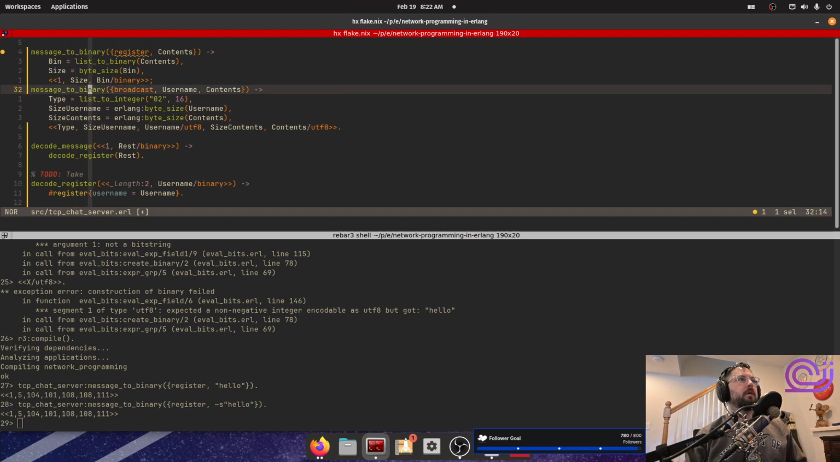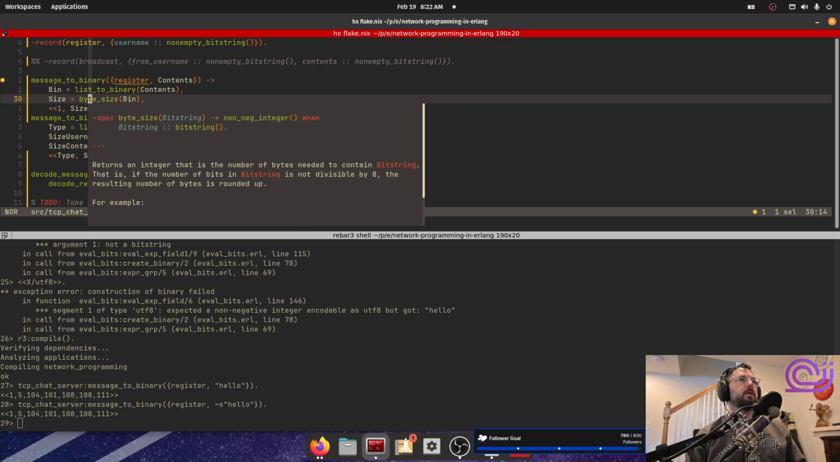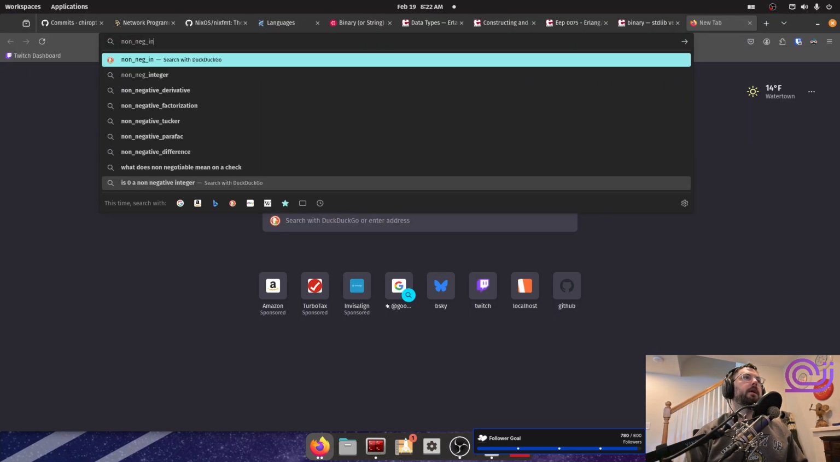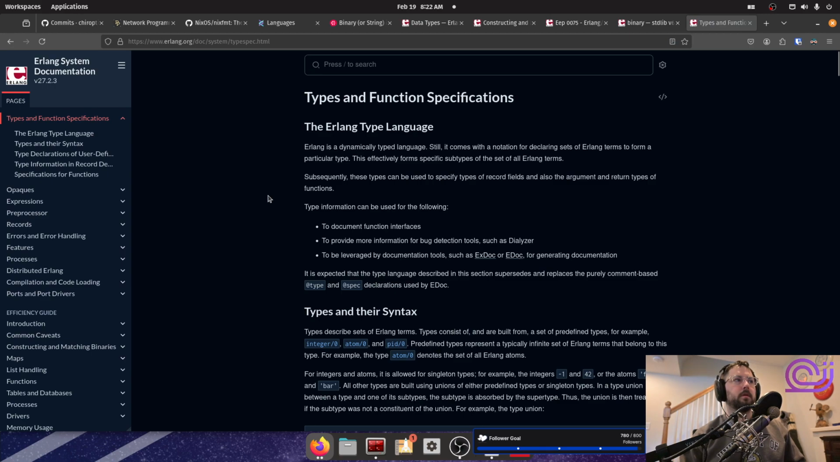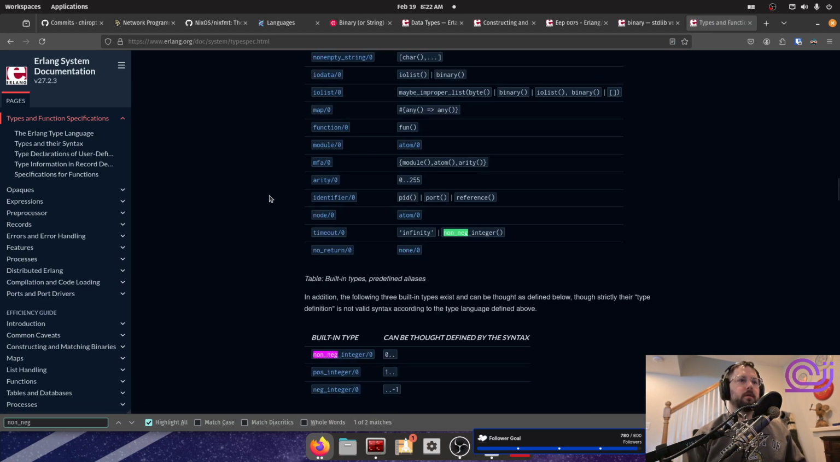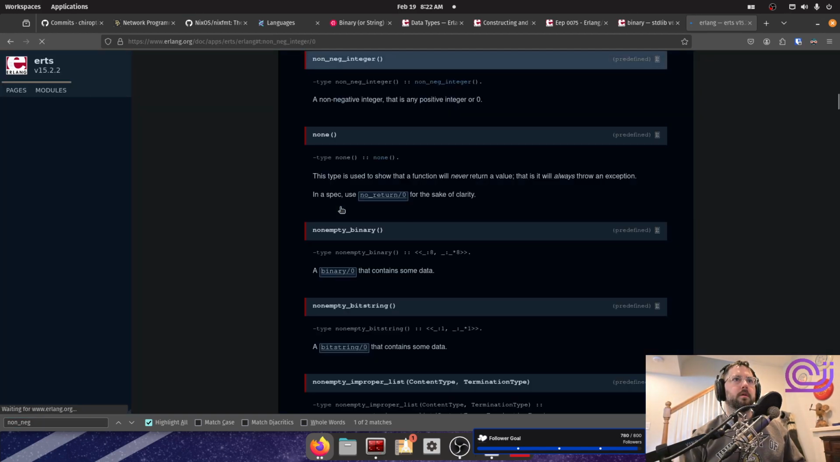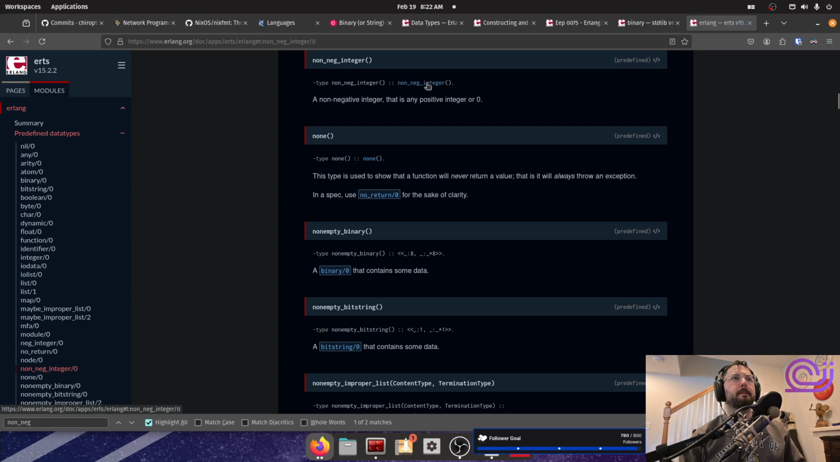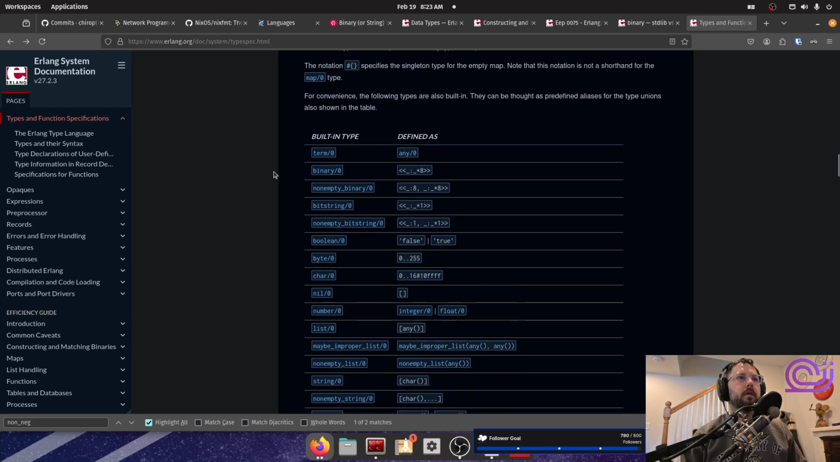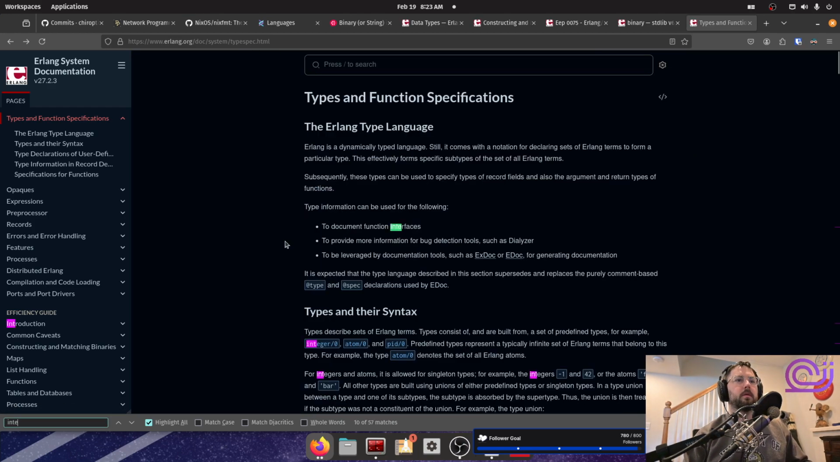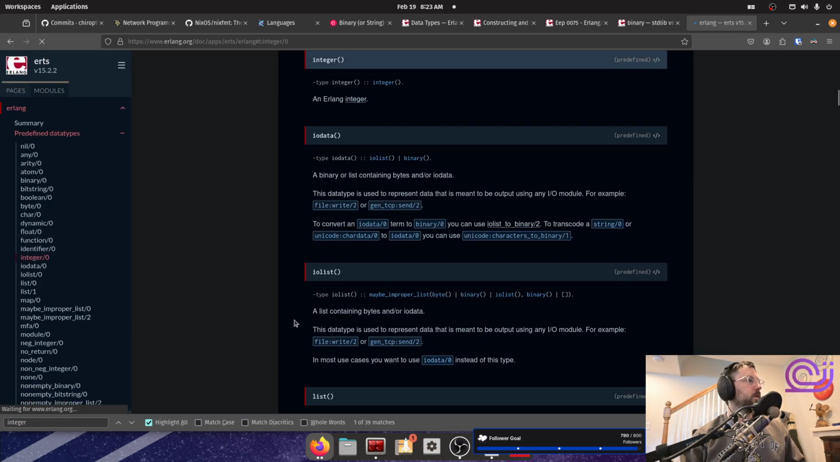Take. Okay, so what is this going to return? Non-negative integer. And what is the size of a non-negative integer in Erlang? Doesn't really tell you, but this isn't